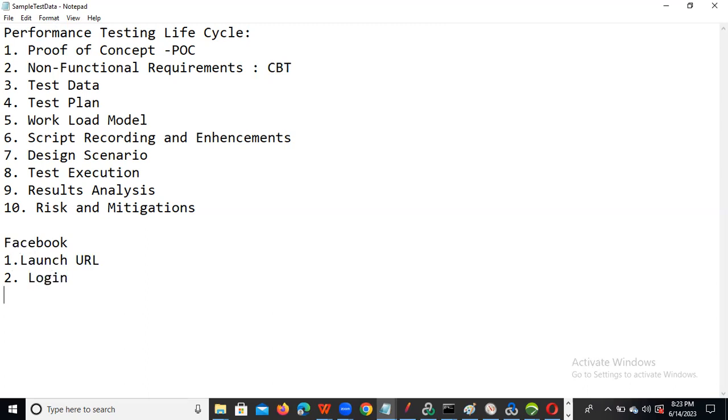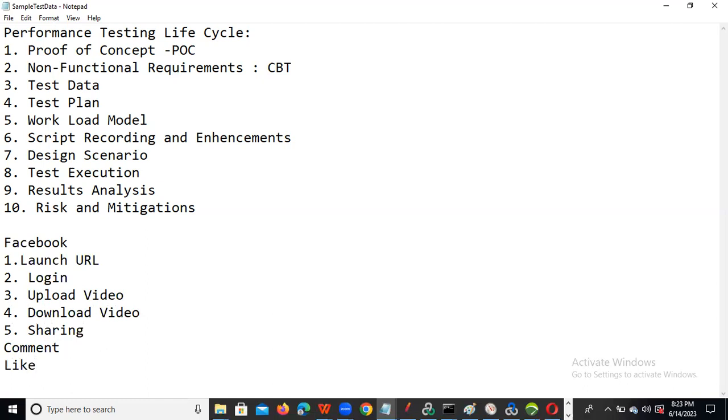Launch URL, and after that, what can we do? Login, sign in, and okay, upload video. Fourth transaction will be download video, and fifth point will be sharing